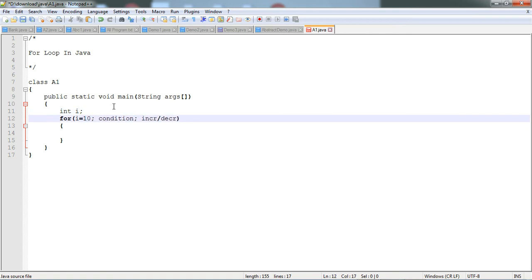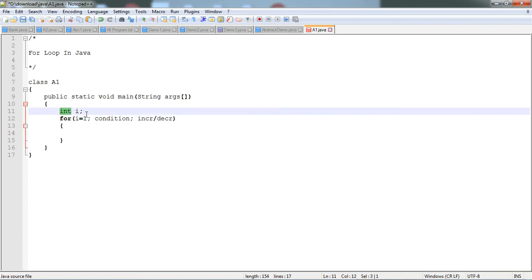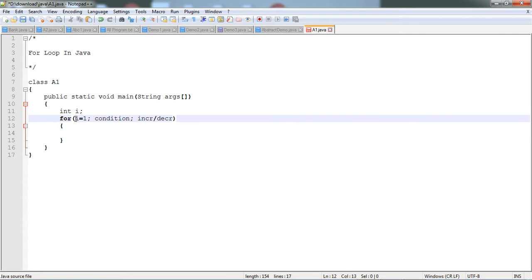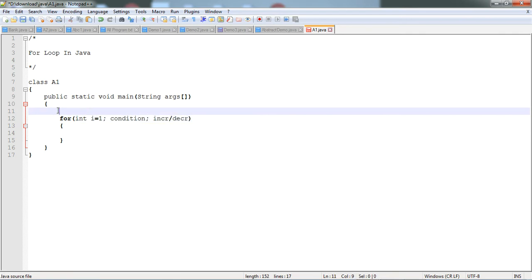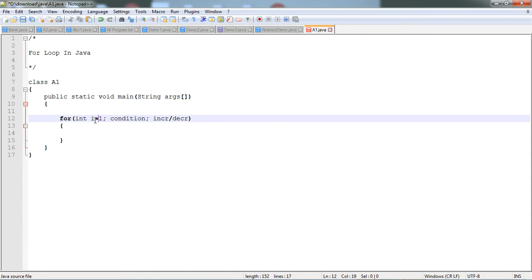I also declare i with data type int, so there is no need to write one more statement above the for loop. So I initialize one variable named i and declare its value as 1, and then a semicolon. So this is our initialization part.